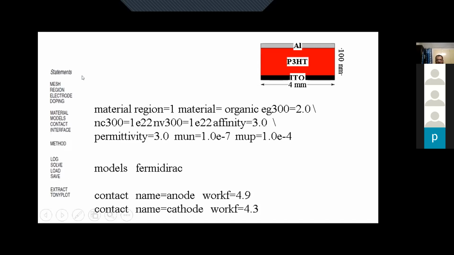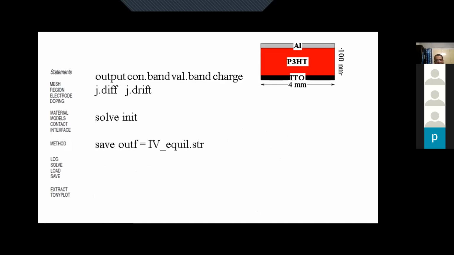So till now, we have defined all those structures and models that will be applicable here, and some default values will be taken. Next will be to define the method that will be used for solving those equations, iterative methods or numerical methods. So I hope there is no doubt till now. Okay, you may pose your questions at the end. So I am moving on to define the method.